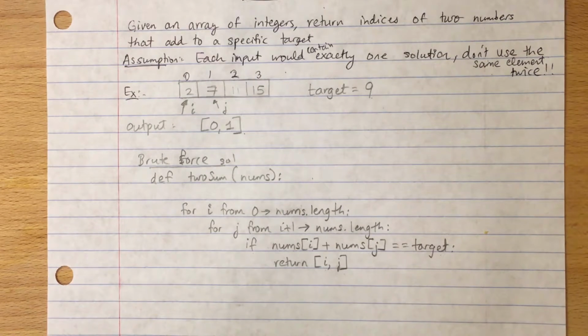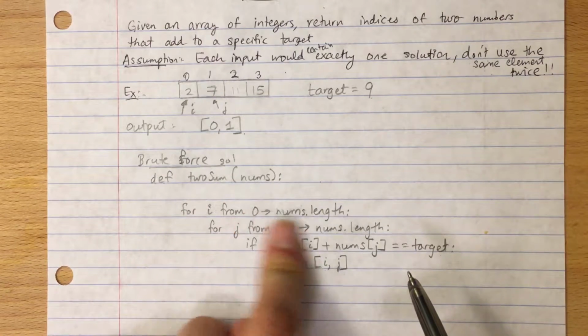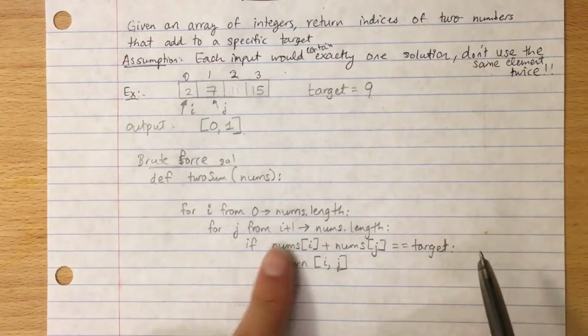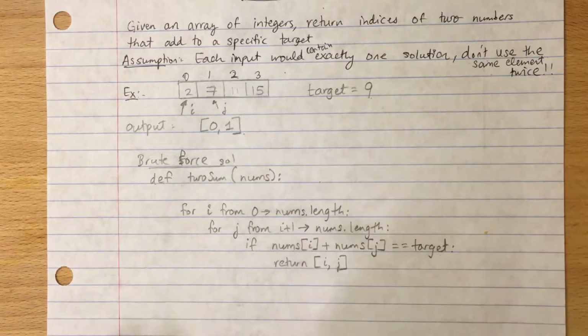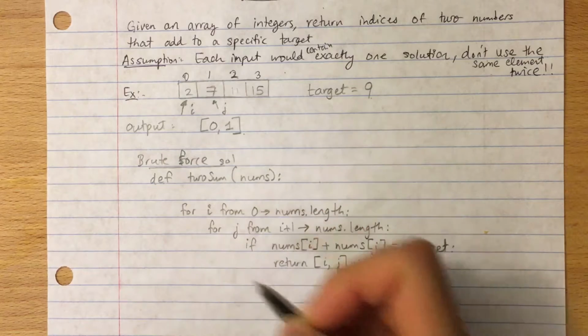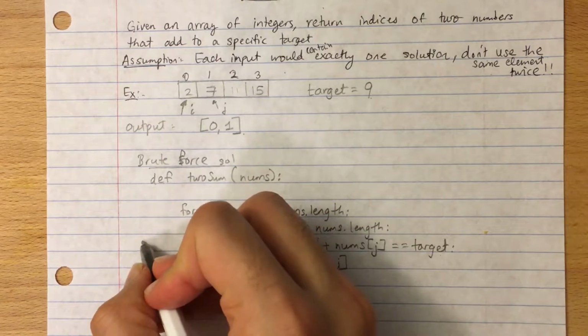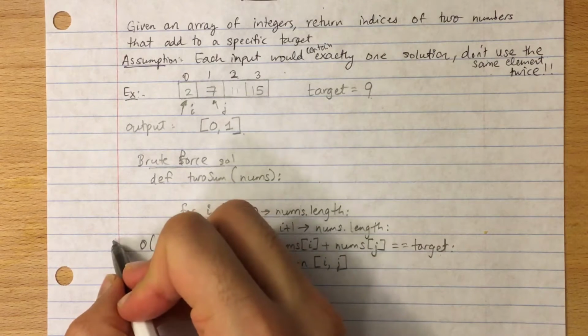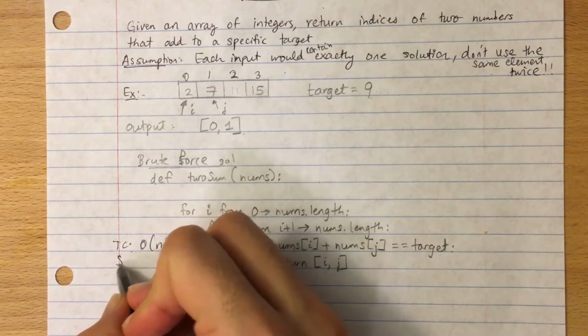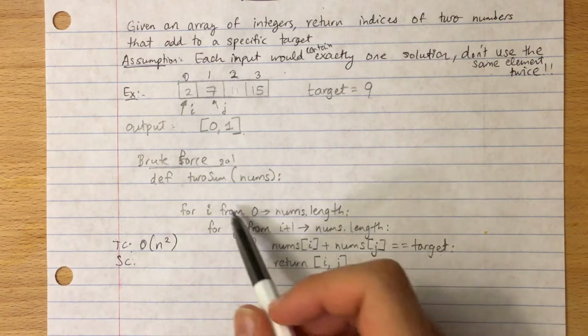So I would return these 2 indices. Pretty straightforward. This outer loop runs from 0 till the length of the array, and the inner one runs from i plus 1 to the length of the array. So overall, this would take big O of n squared as its time complexity, and for space complexity, we're just